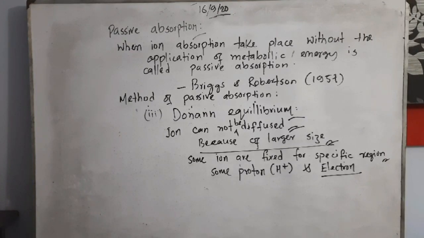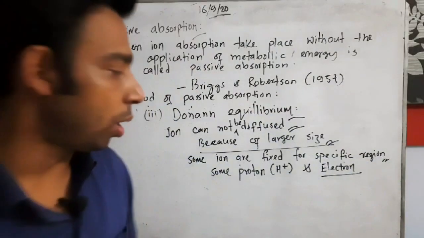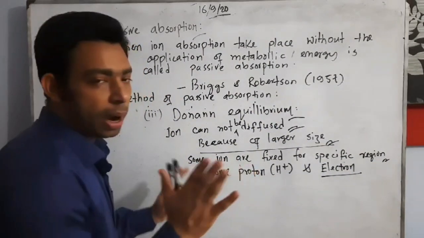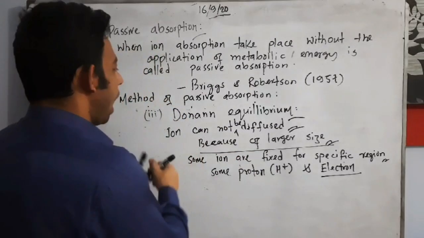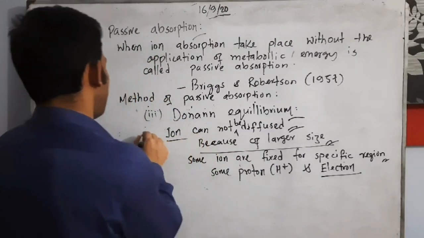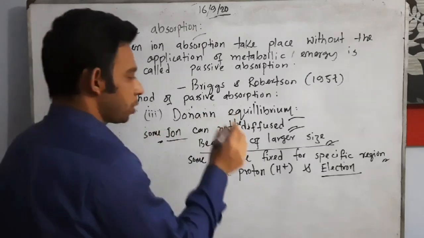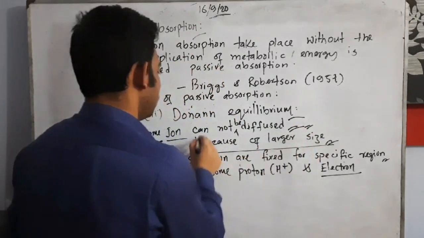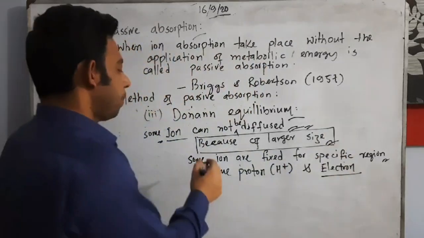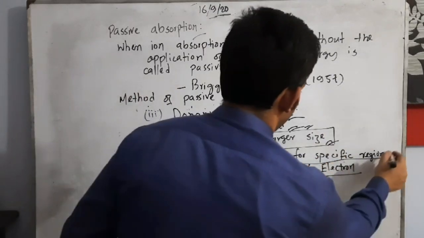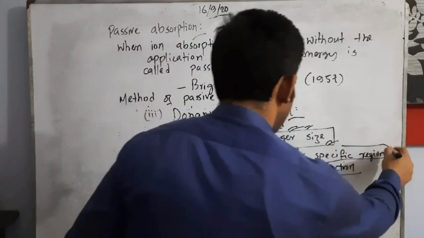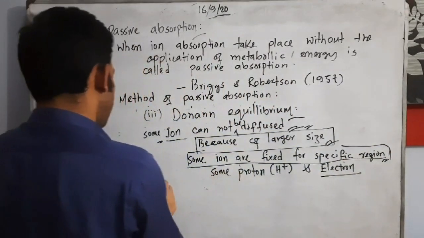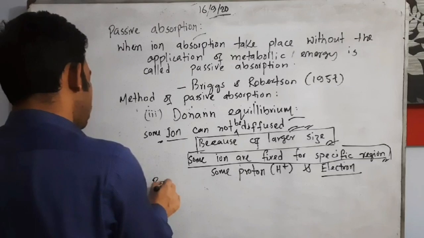So dear students, look here. When you try to understand this one, I just make you mind, not actually for getting any panic about that. Some ions cannot be diffused, very first time, because of their larger size, and some ions are also fixed for a specific region. Okay, so in the root surface,